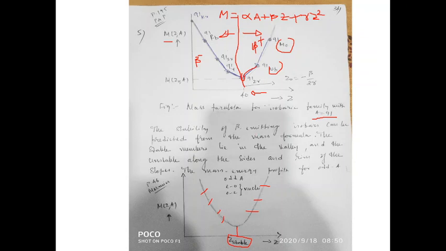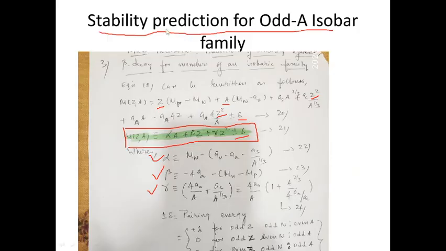Now our next job is that the zirconium's Z value has to be predicted. It is around 40 or so. So whether we are able to get the same value of Z and mass, say this is 40 here, and the mass value, does it match with the textbook values? If it matches with the textbook values, which means our theory is able to predict the most stable element of the odd A isobar family. Now this is one of the tests.